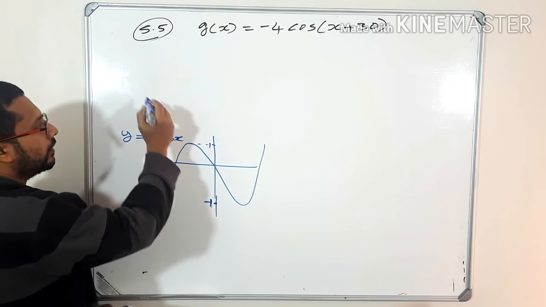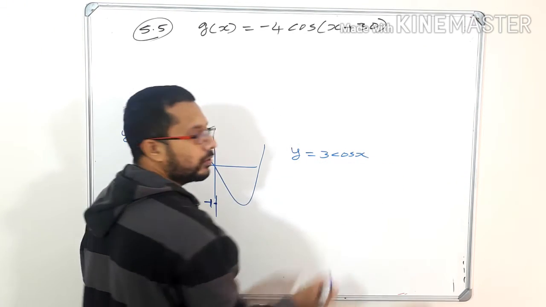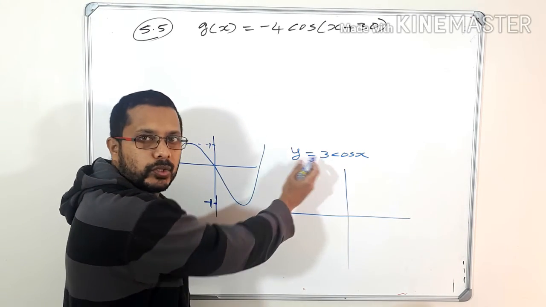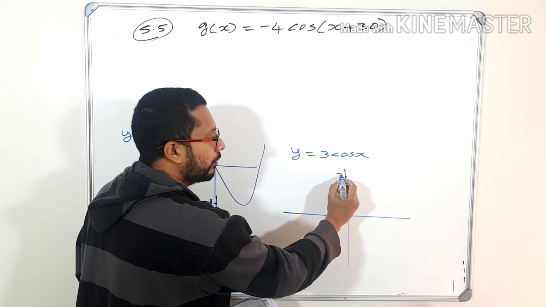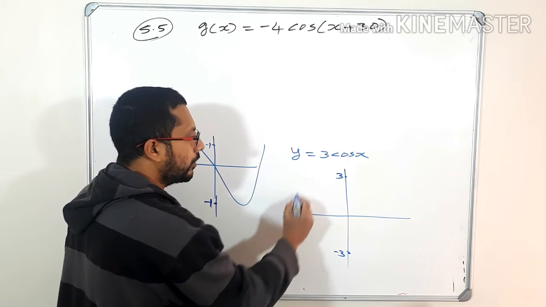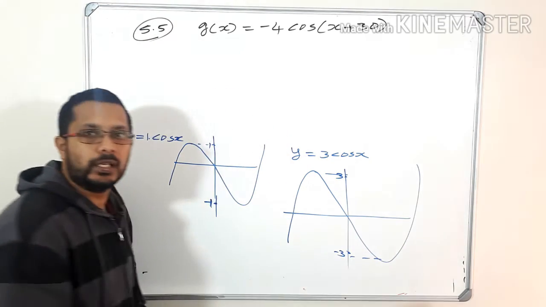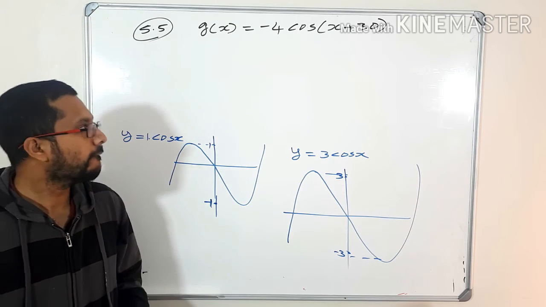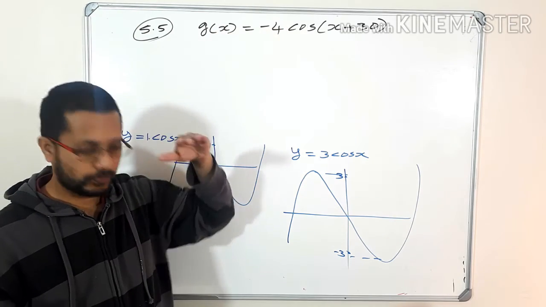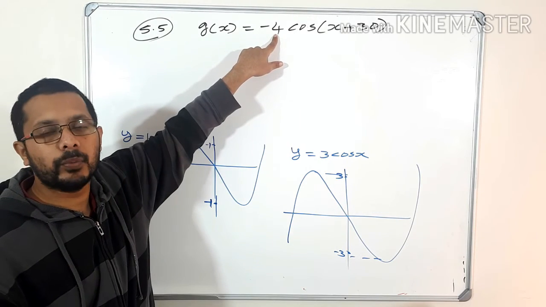Okay. So in case the equation is like this, y is equal to 3 cos x, how can we say what is the maximum value and minimum value? Since the amplitude is 3, it means that the maximum value of that graph is 3 and the minimum value of that graph is minus 3. So if you try to draw that graph, the maximum value is 3 and the minimum value is minus 3. That's what amplitude means. So in this question, it doesn't matter minus 4 or plus 4, because it stands for from which value to which value. So here the amplitude is 4.